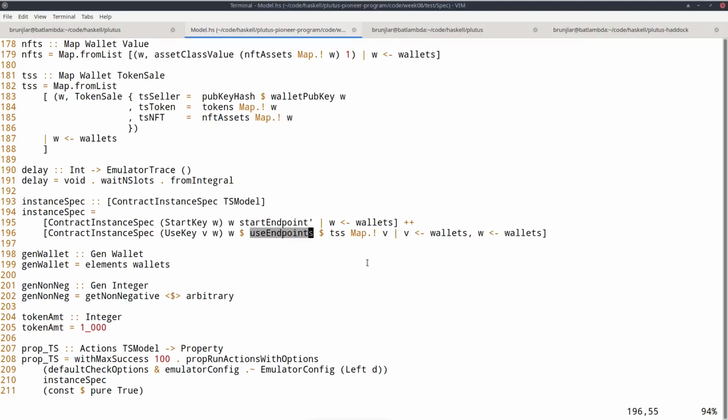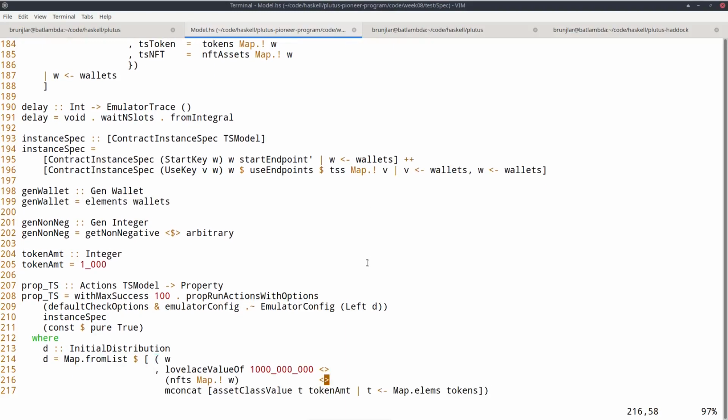And recall, use endpoints takes a parameter, namely the token sale. So we look up the token sale belonging to wallet V. And we do this for all pairs of wallets. So there will be 4 of these instances and 2 of those. And this we have seen.